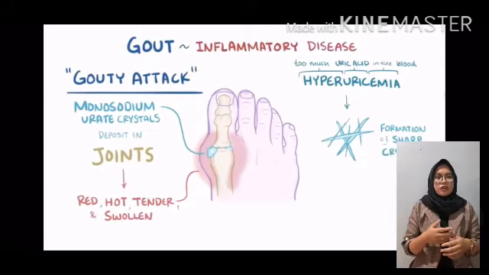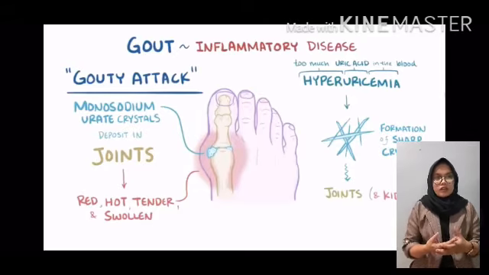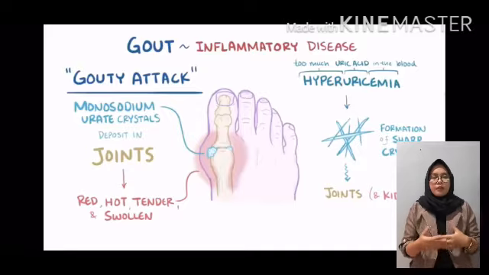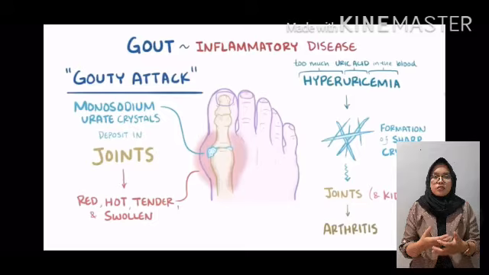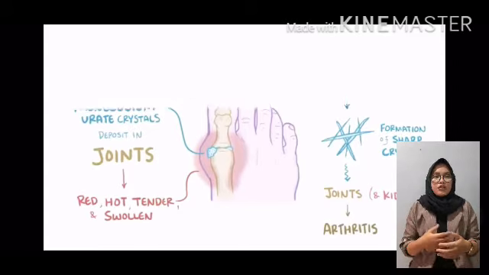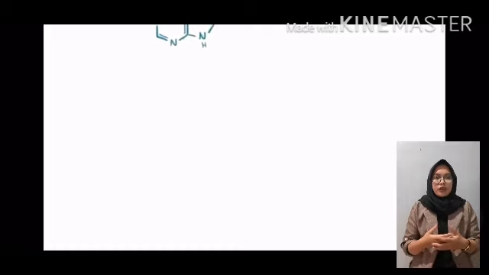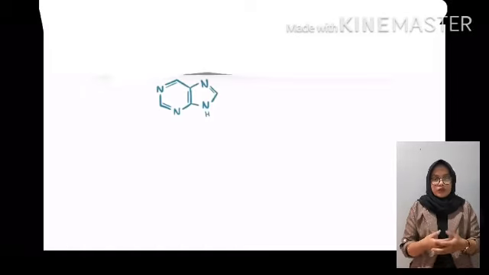In the inflammation process, needle-like crystals accumulate in areas with slow blood flow, like the joints and the kidney tubules. Over time, repeated gouty attacks can cause destruction of the joint tissue, which results in arthritis. To understand where the gout comes from, let's start with purines, which together